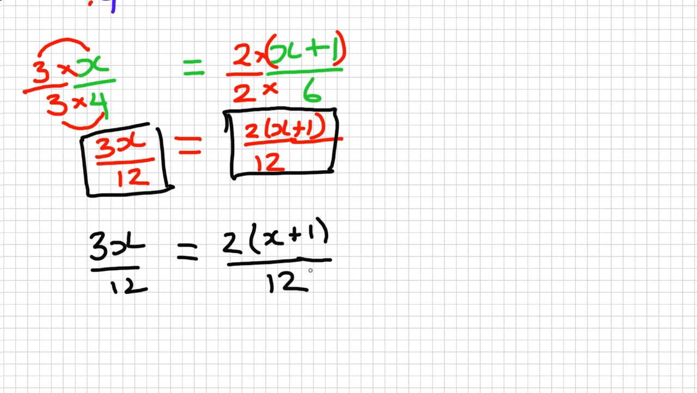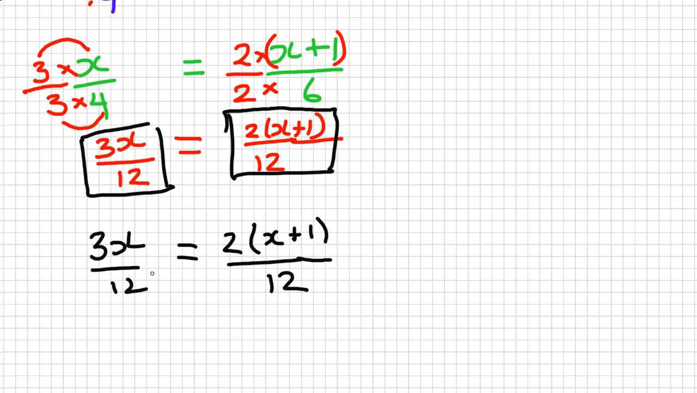over 12. Now, some of you might remember your fractions well enough to go, well, I've got 12 on the bottom line here and 12 on the bottom line here. They cancel out. Because they cancel out, we end up with 3x equals 2 times x plus 1. But for those of you who can't see how that works,